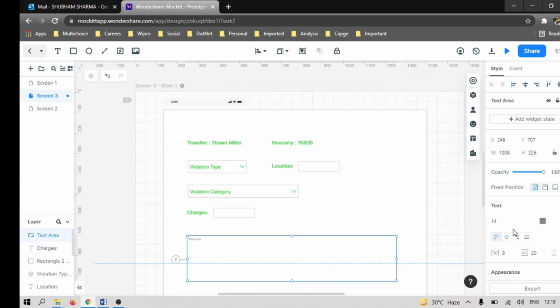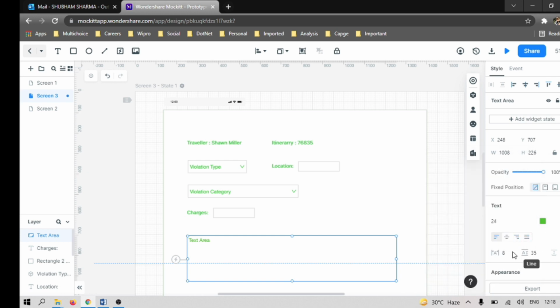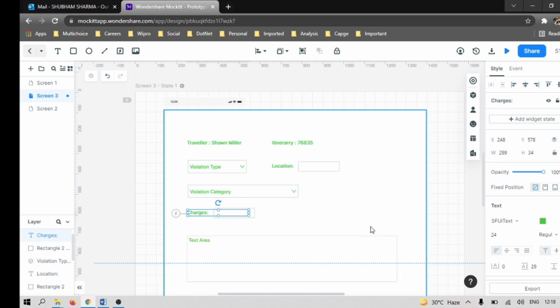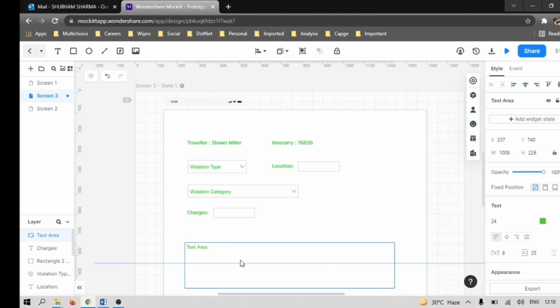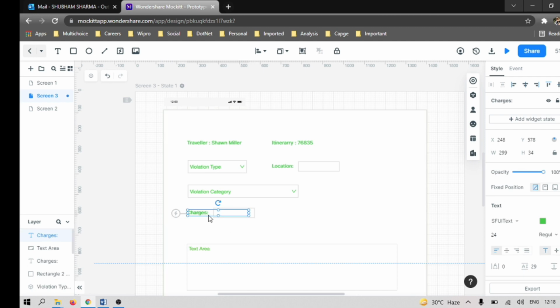This is going to be a text area, so I'm also making this 20 text area, and the text is going to be green also. Okay, and the description we need to put. So what can we do? We can copy this. Just take it below a little bit and Control V. Okay, so this text, we just need to rename so it will become the description.